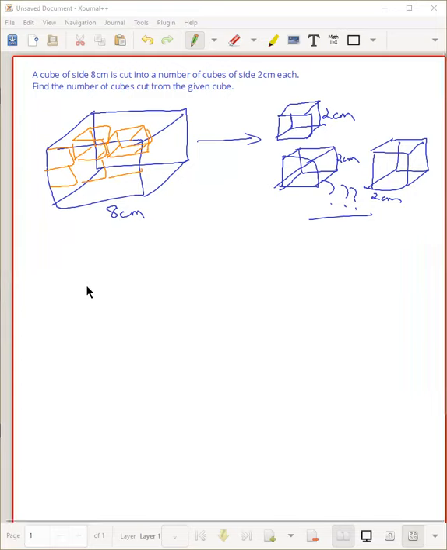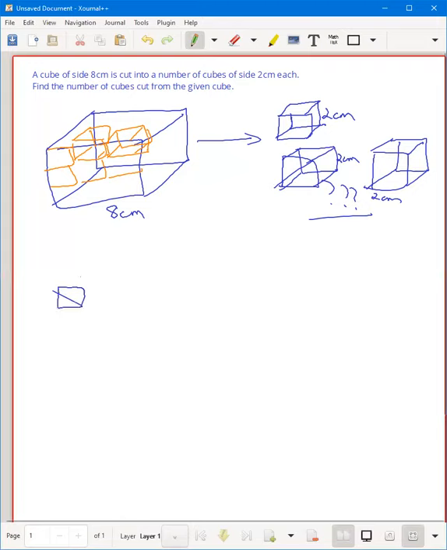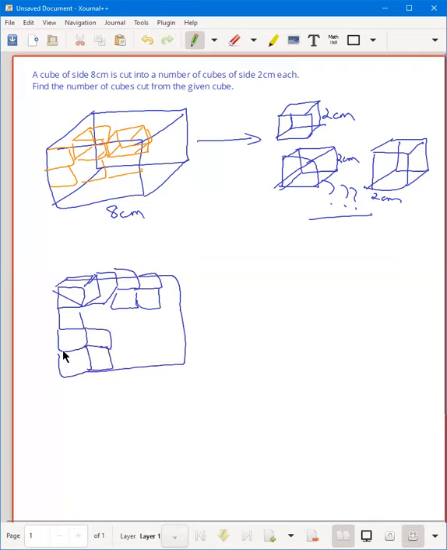Yes, sir. So when we have the Rubik's Cube, we have the smaller number of pieces which make up the entire Rubik's Cube, right? So if you see, each piece in a Rubik's Cube is a cube, and then we stack these cubes together to make an entire structure which is 4 by 4, which is 16 pieces across. And similarly, we do it like this, isn't it? So now the entire piece is made up of smaller pieces, whereas each piece has its volume. So to solve this sum, we will find the volume of the big cube. What is the formula for volume of a cube?